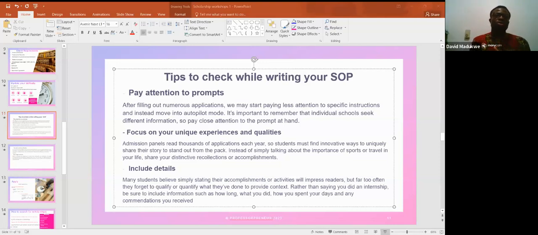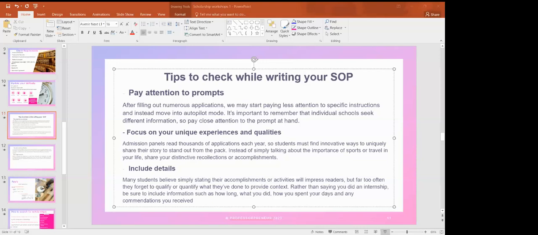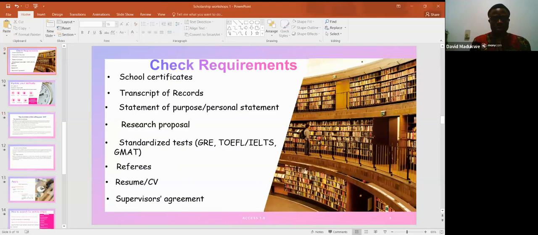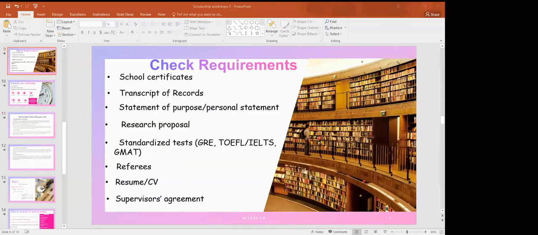Sorry, can I ask a question? Sure, you can go ahead. I saw you talked about the transcripts, the official and unofficial ones. You said the official one is the one the school sends directly to wherever you want them to send. Then the unofficial one, how do you get it? Is it in your department directly, or do you go to the registrar's office to get it? I don't know.